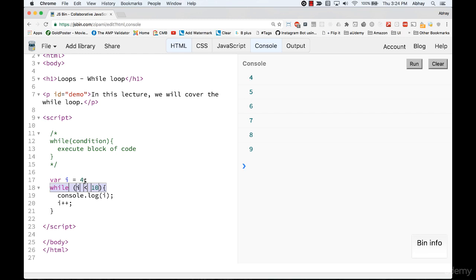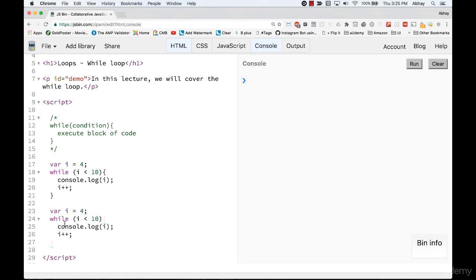So now what if my value of i is 11? This condition will never execute. Nothing will happen. But I want this condition to be executed at least once. So let's change this to another example. And for that matter, we have something called a do while loop. So the do while loop will be do